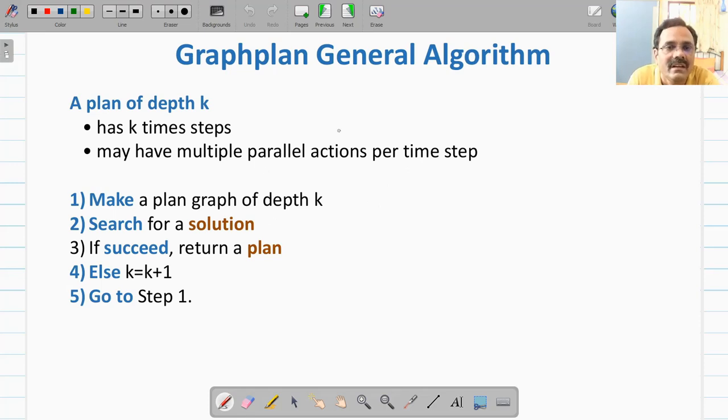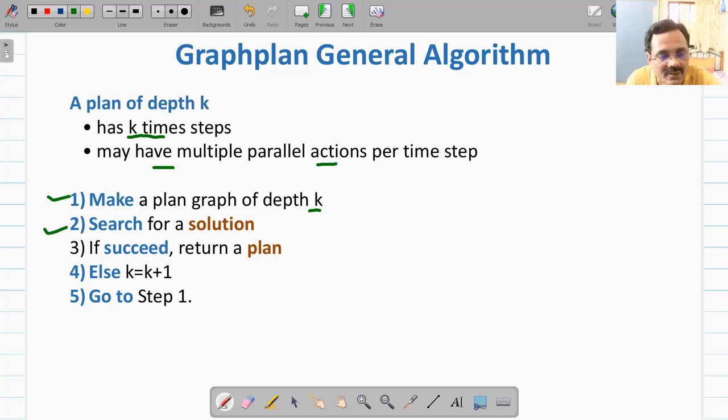Now we will see how the GraphPlan algorithm in general works. It is very similar to iterative deepening depth first search. A plan of depth k will have k time steps, and may have multiple parallel actions per time step. The first step is to make a planning graph of depth k, and every time you will have to search for a solution.